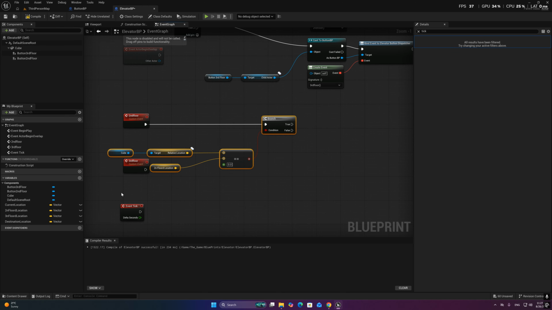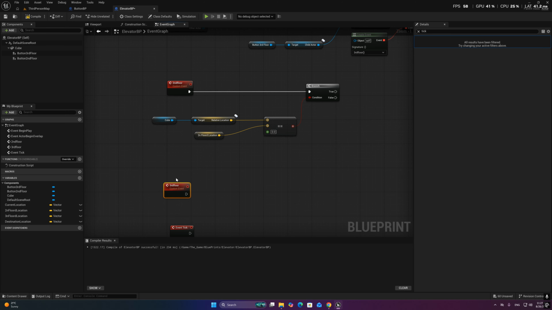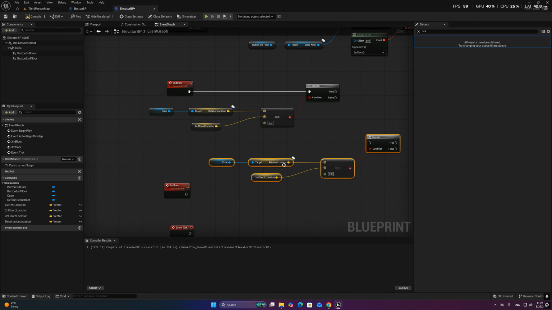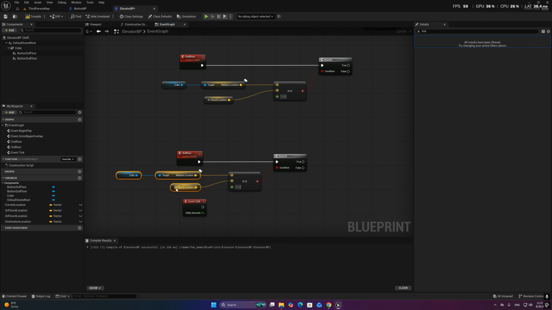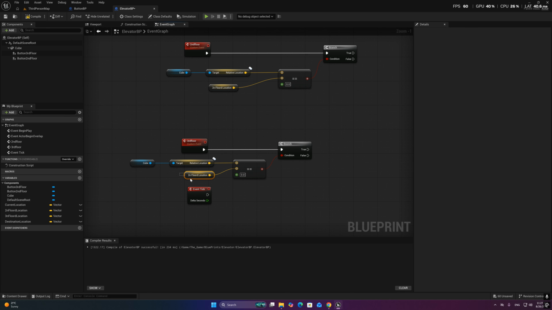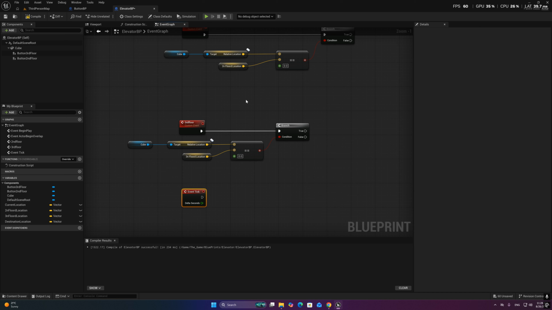I'm sorry for some misleading, but I'm in the process, you know. I just want to make a quick tutorial how to make a lift, and everything is in real time. So